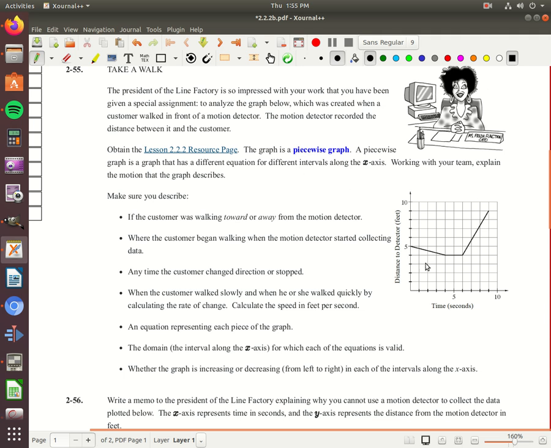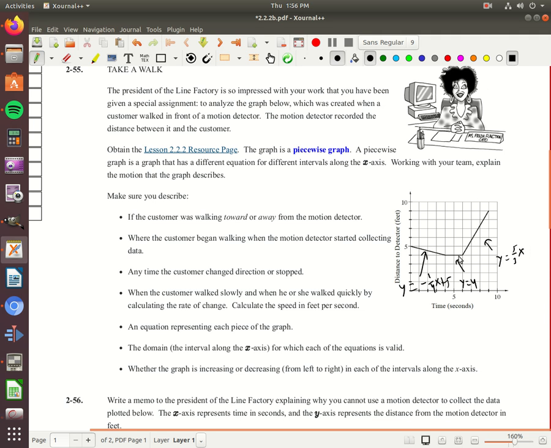So what they're essentially saying is, at this point, the equation is y equals down 1 over 4, so negative 1/4 x plus 5. The equation here is just y equals 4. And the equation here is y equals 5 over 3, so 5/3 x. So if I go 1, 2, 3,